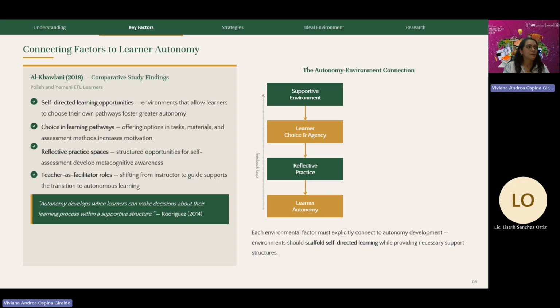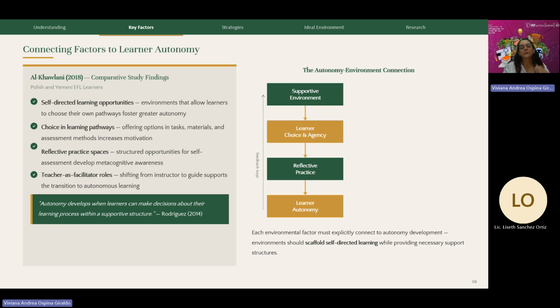Our students will be able to comprehend a little better if we are more open to the process. Also, keeping a reflective approach and having structured opportunities for self-assessment. The students need to stop and think about the process. Remember that we're talking about autonomy, and we're not fostering only language learning, but also we are fostering autonomy. How can I help my students become autonomous during this process right here? How do I do that? How can I help them?